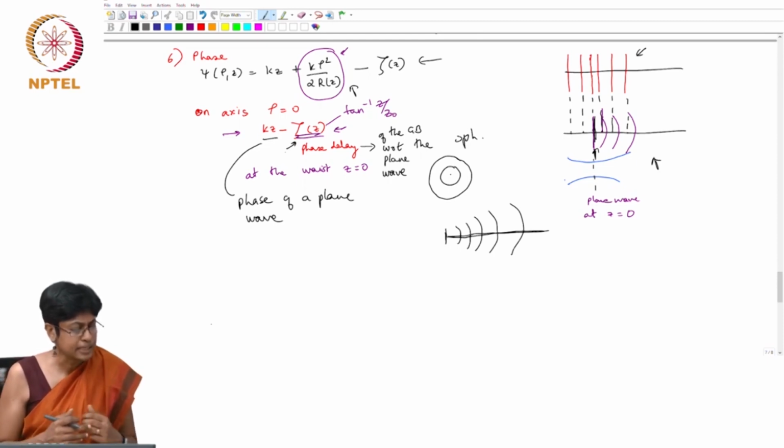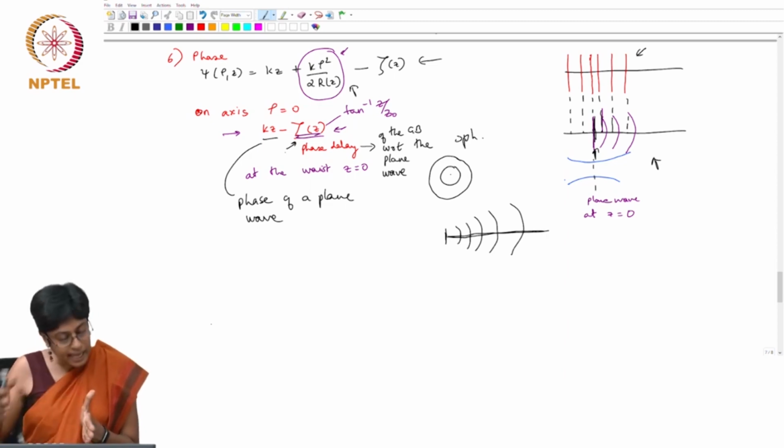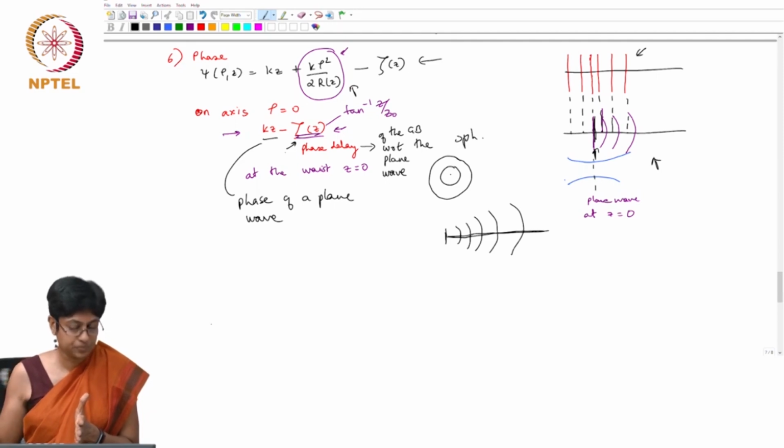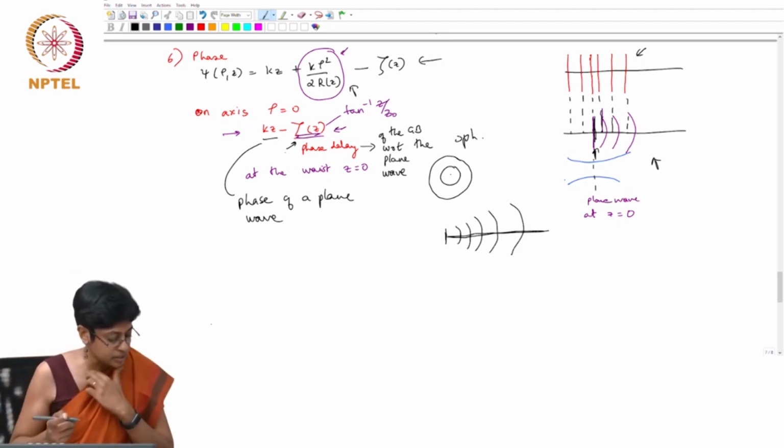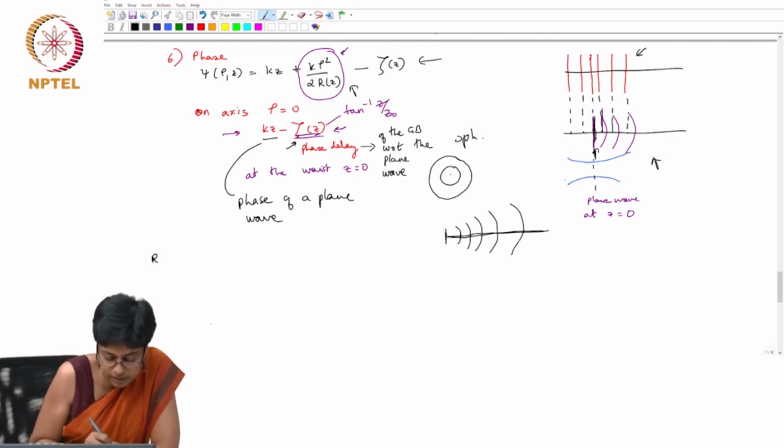Okay, now it's useful to look at these two terms. So we know that on axis, the phase of the wavefront changes in a certain way. But what is happening to the wavefront is not, of course, only what's happening on axis. It's happening also at regions away from the axis. So it's instructive to go back then to this expression.